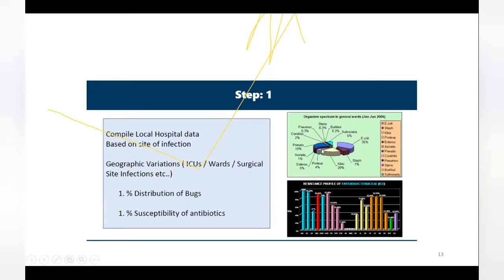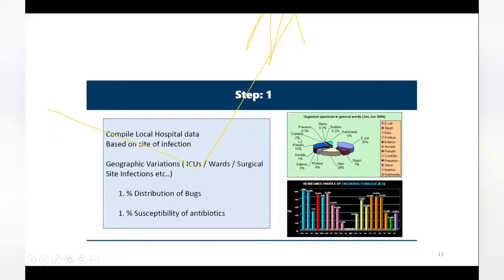So here we can have a frequency of the organisms identified from the different geographical areas. Say from the ward area we can prepare a chart or a pie chart wherein we can get the frequency of the different organisms. As you can see from this pie chart, we get to know that from a particular general ward, E. coli is prominent, followed by Klebsiella or